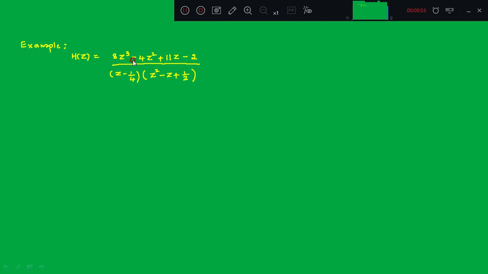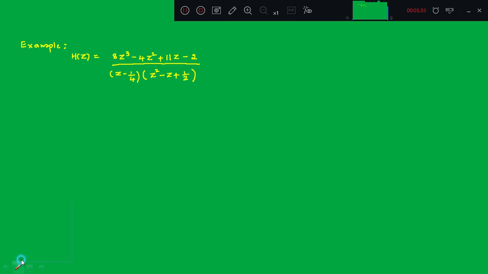You can see here both the numerator polynomial as well as the denominator polynomial are in terms of z, but whose power is positive. But if you have seen in the previous discussion, in both numerator and denominator, the z power is negative. So it is a conventional method to have the z terms in terms of negative power. So what we do is we take the z which has the highest power as a common term.